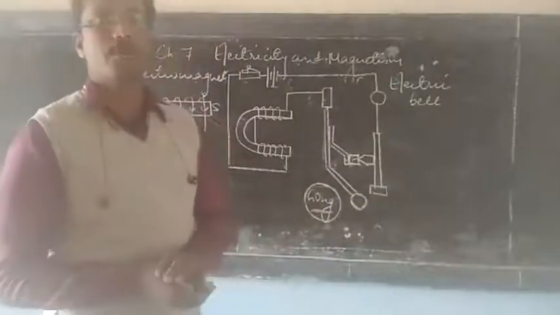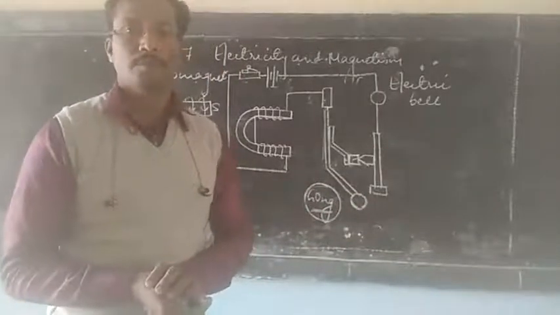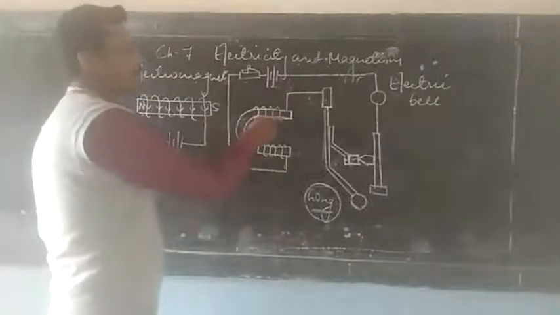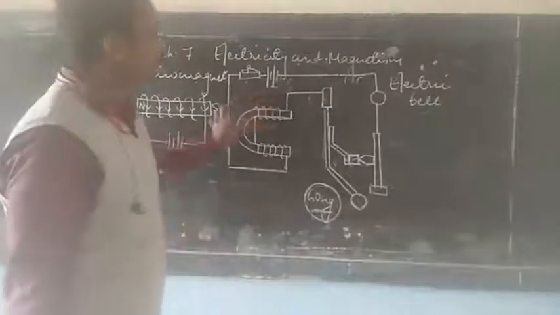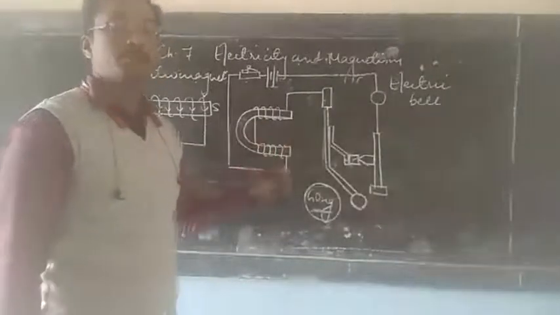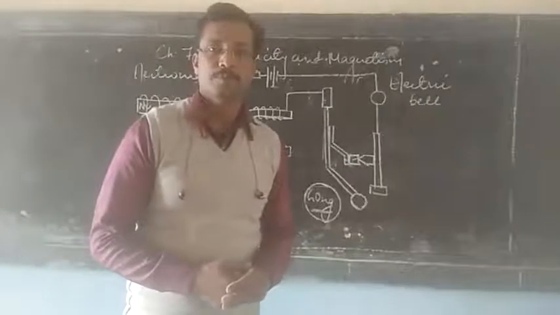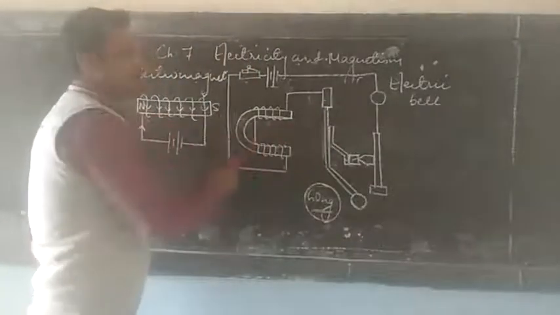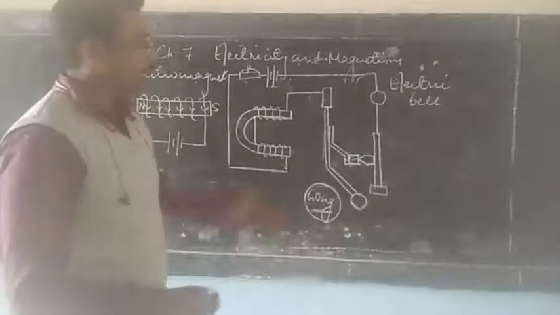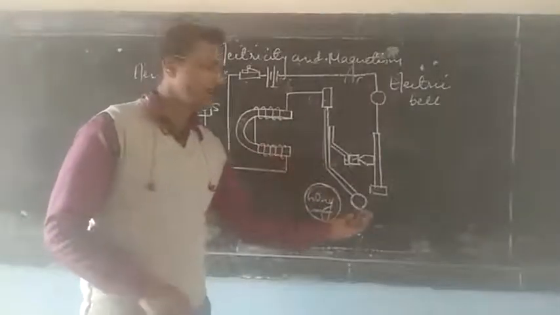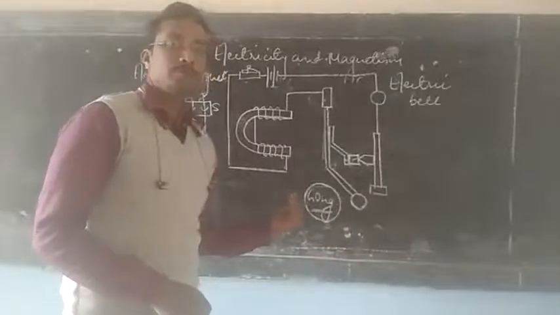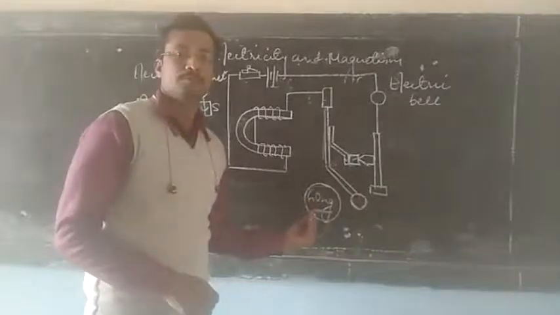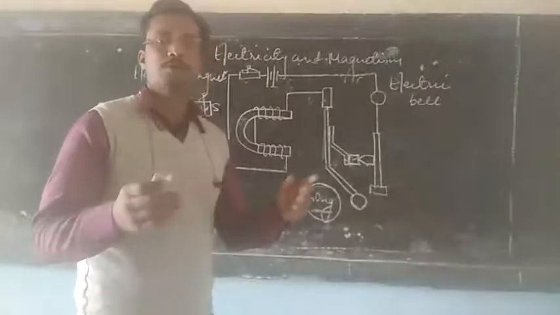Let us now see how it works. When you press the switch, and the current goes in here, this becomes an electromagnet and will show its attractive property. So now this armature will be attracted towards the magnet, and as it comes towards the magnet, the hammer also moves to the left side where the gong is, and it will hit the gong. As it hits the gong, a sound is produced.